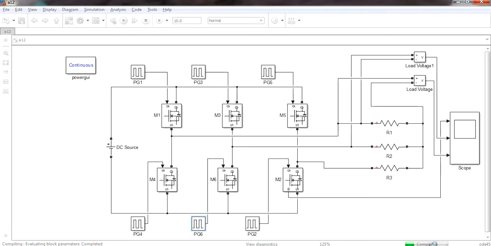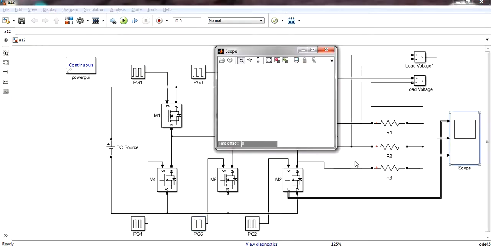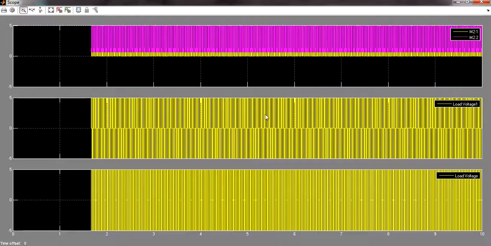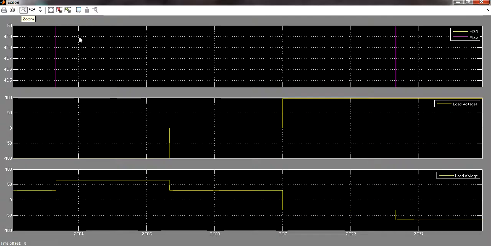So our code is getting compiled, and once it is done, you can double click on scope to observe the waveform. So click on this auto scale, and using this horizontal zoom, you can zoom it little bit.